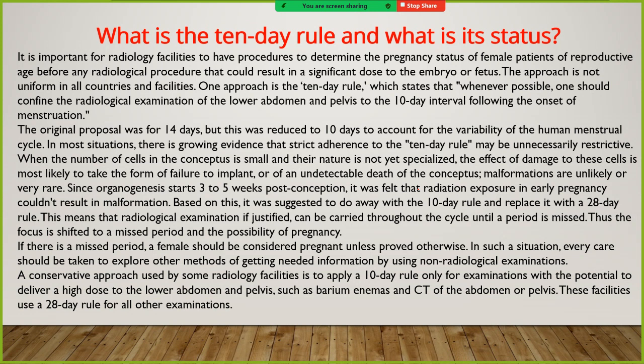You cannot do that for any patient. CT abdomen pelvis, for any scan, you can't do any scan except for the pelvis region, the abdomen pelvis region. So this is called the 28 days without any pregnancy test from the onset of menstruation. No worries about that. But in case you are going to do the pelvis region or CT abdomen pelvis, you